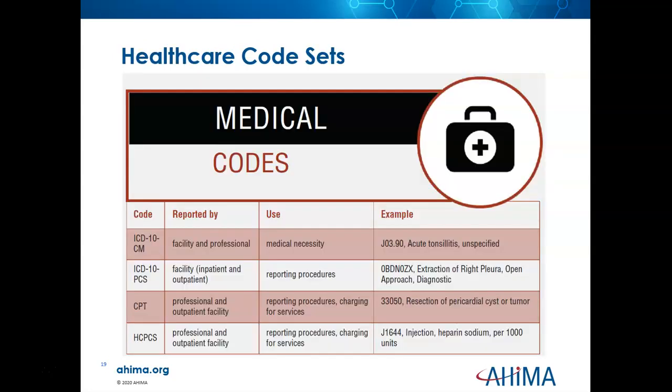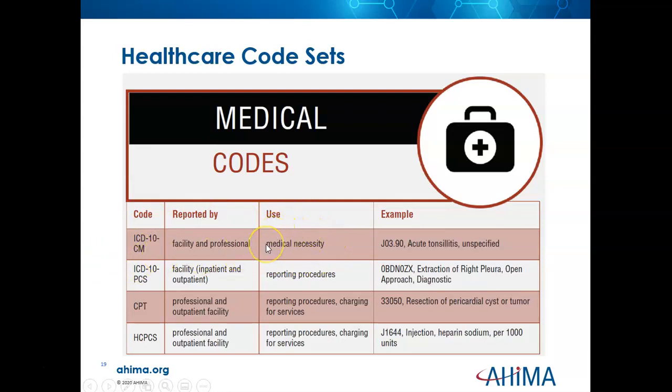So here is a chart talking about those 4 code sets. ICD-10-CM: who's using these? These are reported by facilities and professionals. So basically, your hospitals are going to be reporting these, and your doctors are going to be reporting these. They identify the medical necessity. So this patient had acute tonsillitis and had to go see the doctor for it. Whatever procedures the doctor performed, the ICD-10-CM code